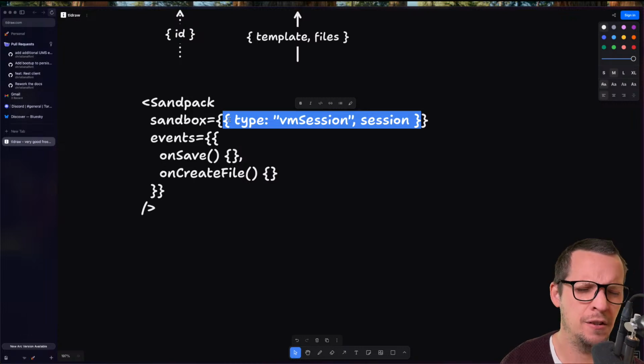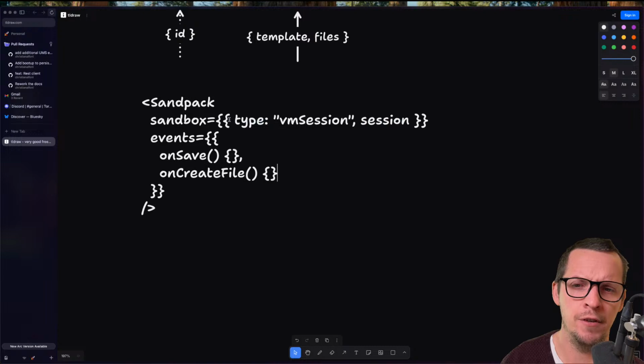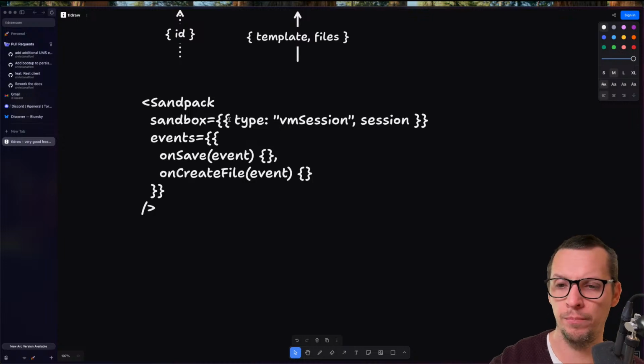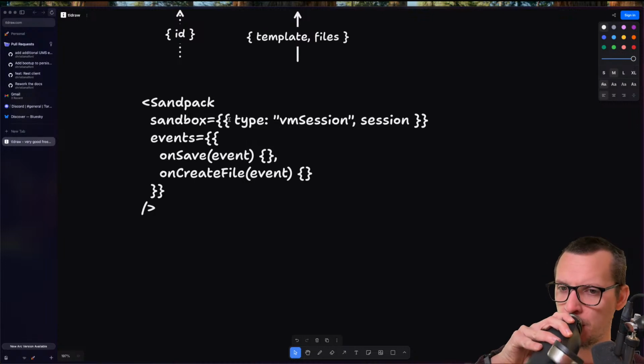Okay, this is starting to look like something. And then whenever you have these events, that event is going to include the actual sandbox information. But the question then is forking. That's the biggest one, because to make a seamless forking experience,